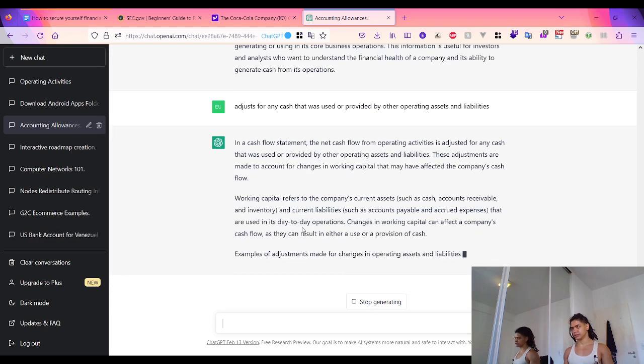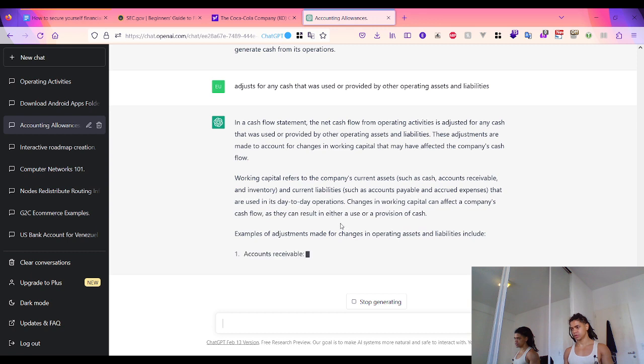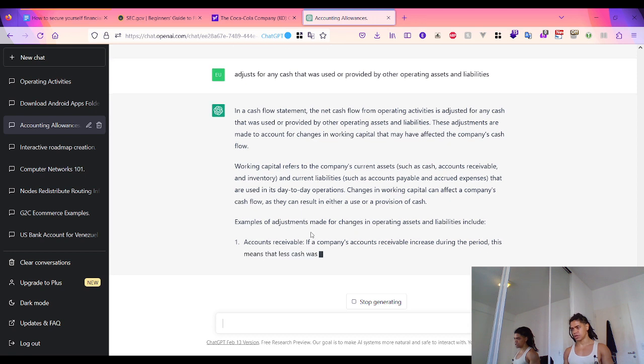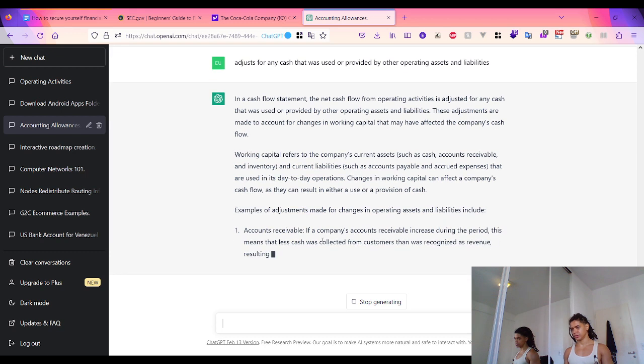Examples of adjustments made for changes in operating assets and liabilities include accounts receivable. If a company's accounts receivable increases during the period, this means